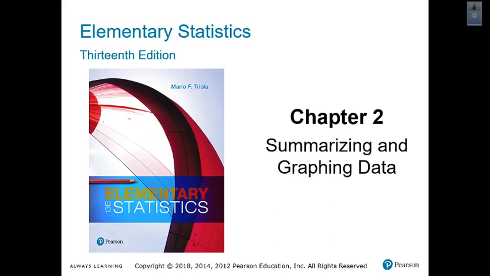The PowerPoint I will be using will be from the Pearson Publisher, Elementary Statistics, using the 13th edition. I won't be using all the slides, but most, if not all, of the slides that I use from the PowerPoint will come from the textbook publisher, and the information is displayed on the screen. Let's get started. So this is based on chapter 2 of the textbook, the Elementary Statistics 13th edition by